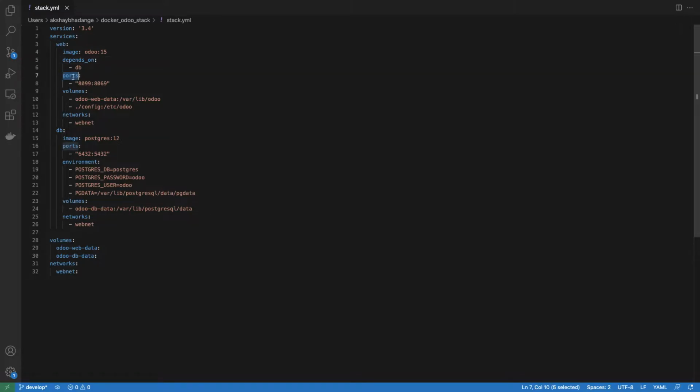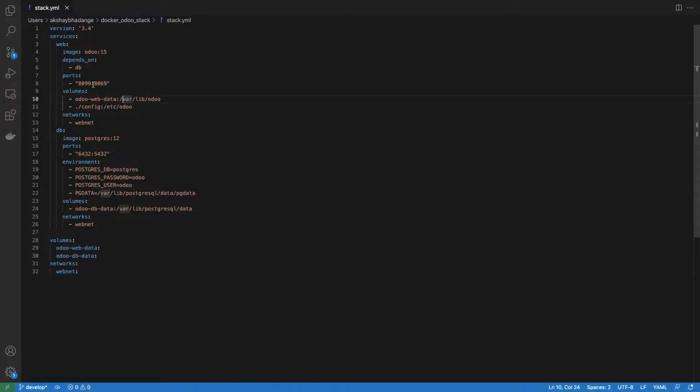Then I've exposed port numbers. I've exposed 8099, which maps to Docker container port 8069. I've kept 8069 by default because we know that Odoo works on 8069. From the outside world I've exposed 8099.